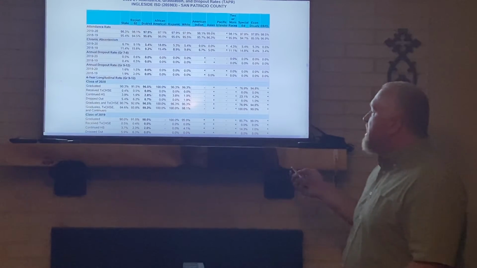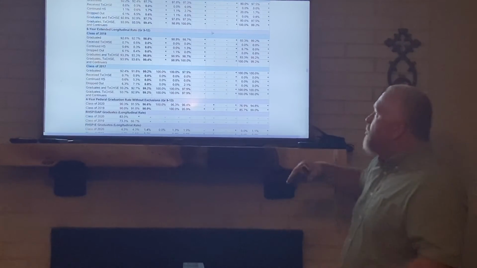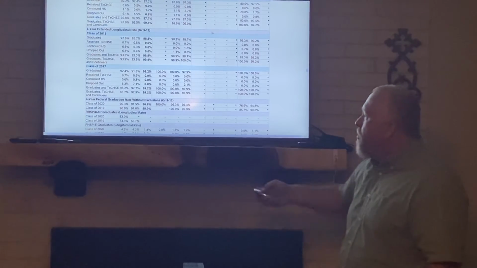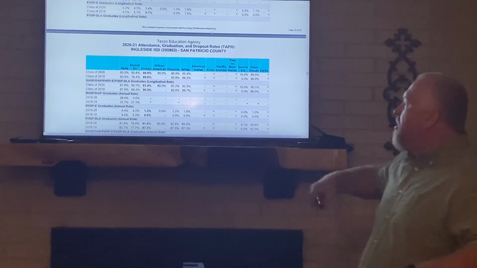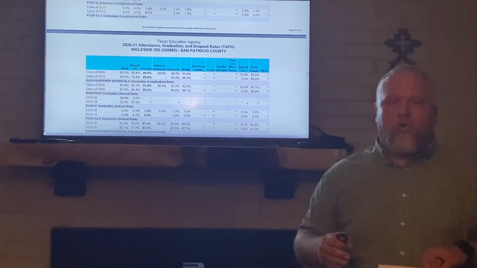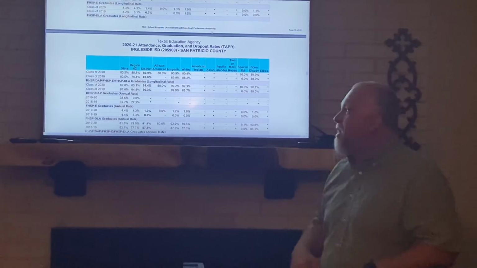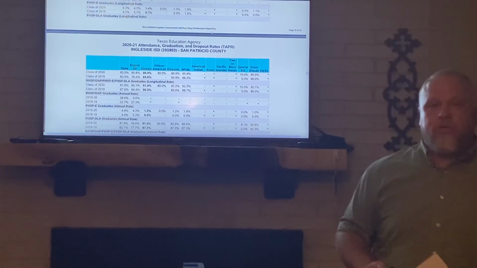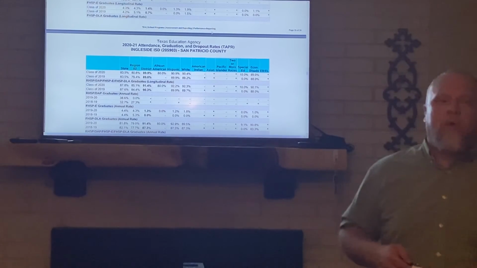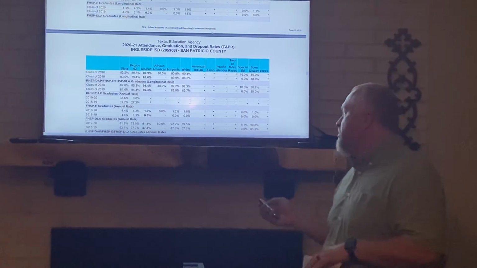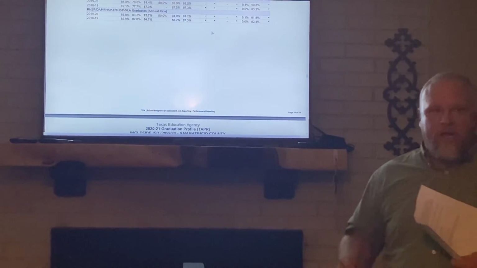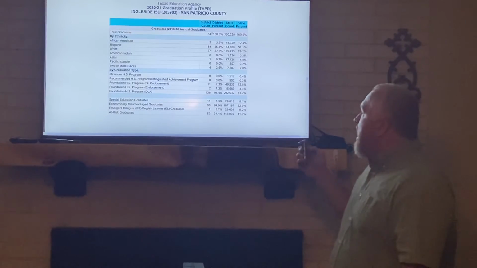You're also going to see the different graduation rates, like your extended longitudinal rate for your 6-year and your 4-year federal graduation rates. So you have all your different graduation rates to know where your students are tracking. Are they on course to graduate in the appropriate time, or do you have some lag with some of your students who maybe didn't pass, or maybe they didn't get credit because of absenteeism? It really helps you track where your district is and what you can do as far as remediation plans and intervention plans for the upcoming school year.